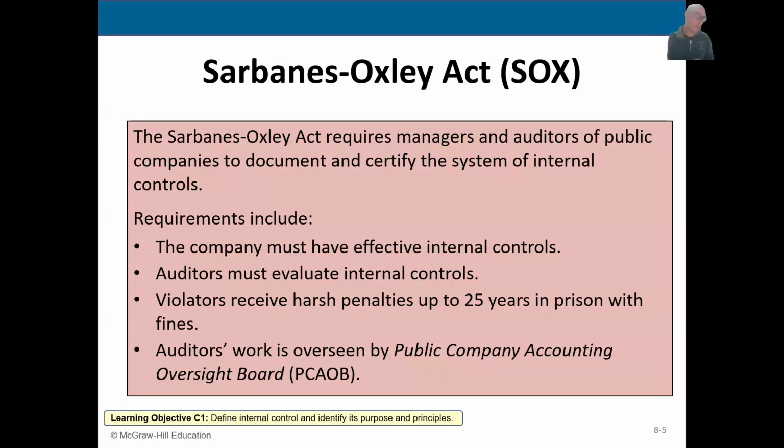The reason why this came about is because before 2002, there were times of fraud occurring in publicly traded companies. There's a couple of cases that I'm sure you've probably heard about at some point in your studies, or some of you have been around long enough to know about these. One of the biggest cases in American history was the case of Enron. Enron was an energy company in Texas